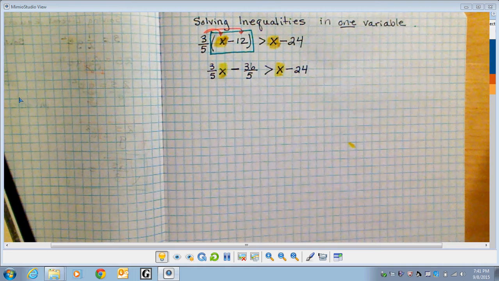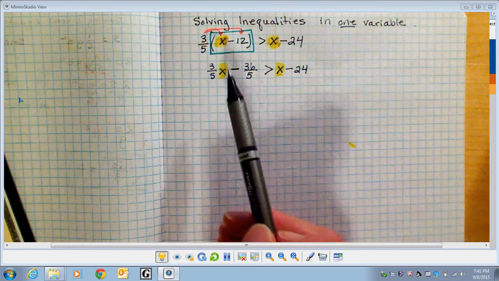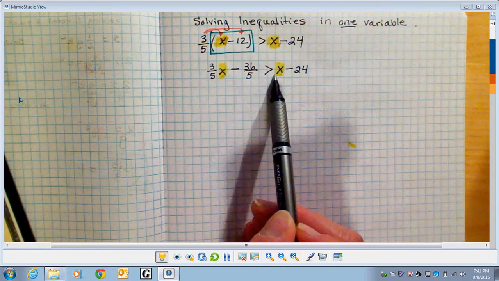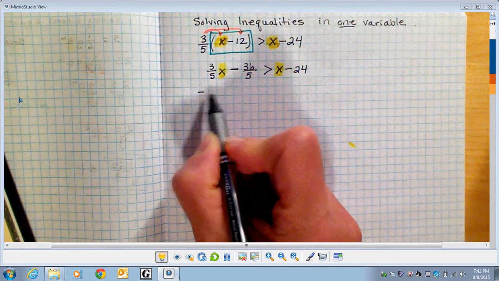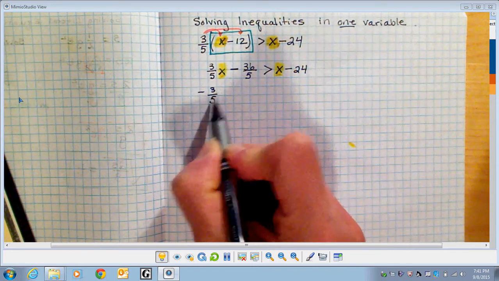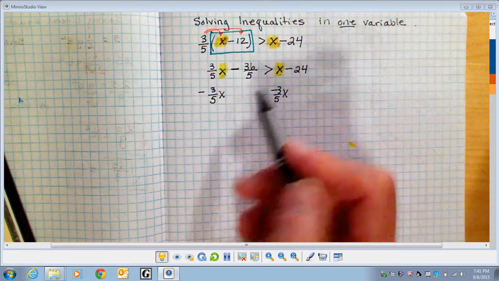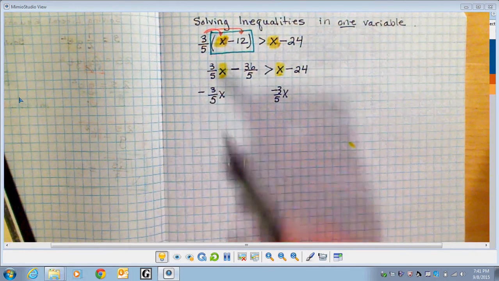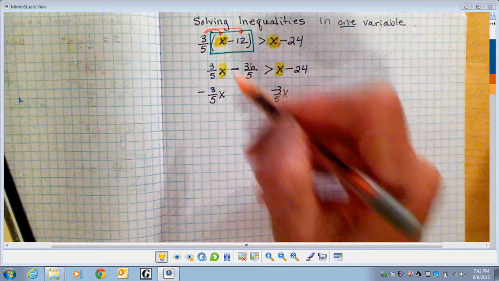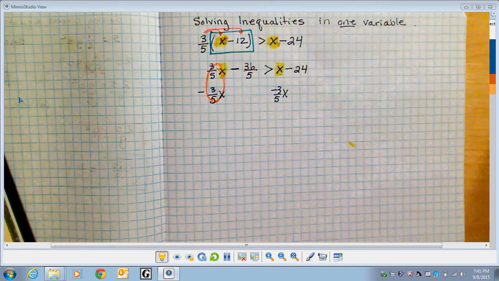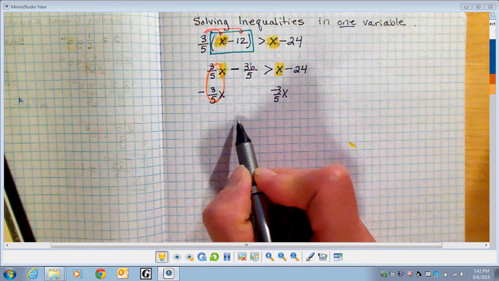So it doesn't matter which way you do it, but personally I prefer to have positive x's. So when I'm looking at 3/5, 3/5 is smaller than 1. So in my mind, I'm going to subtract 3/5 x because I want to turn this into a 0. So this becomes a 0. So I do write a 0 like that when I add it up. And then this just comes down as a negative